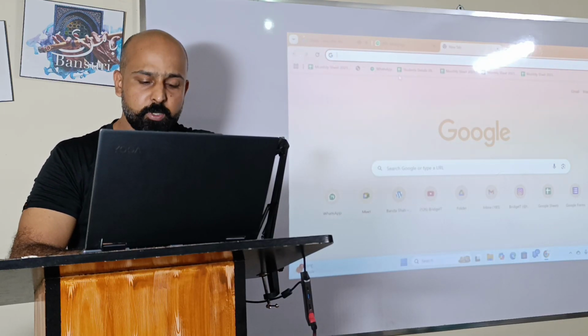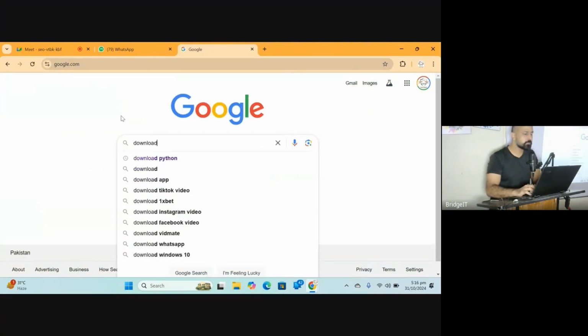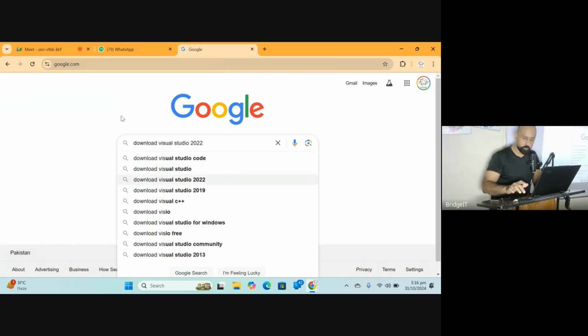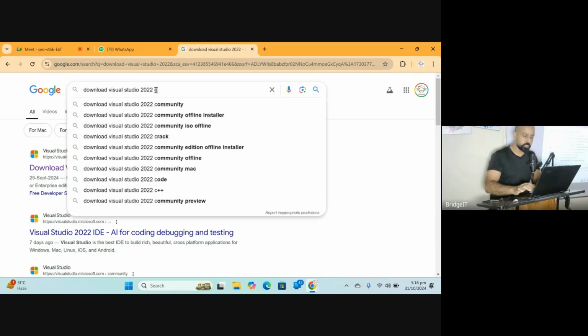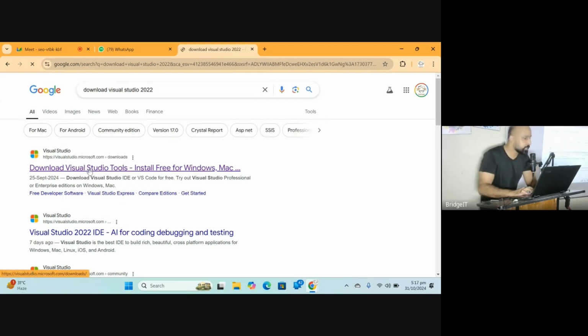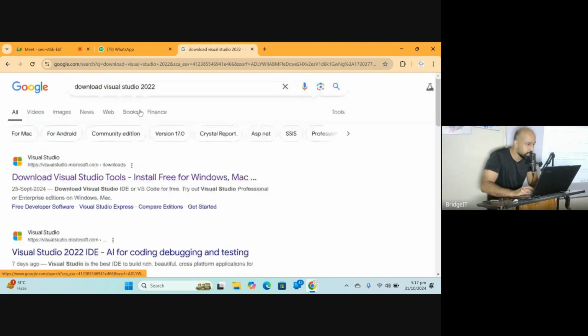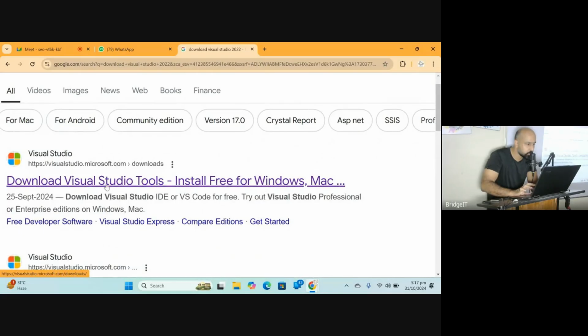So we simply go to Google and search: download Visual Studio 2022, that's Visual Studio 2022 Community. Everybody, just see what I have just written in the Google search bar. I'm going to click on this link,